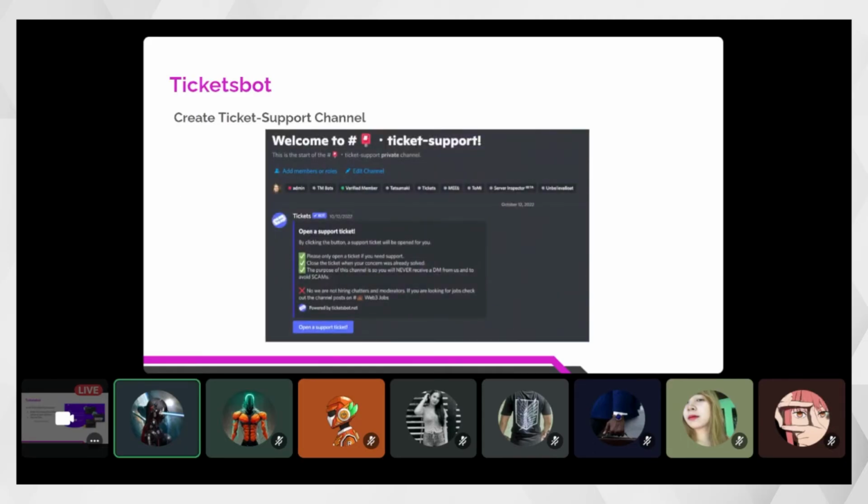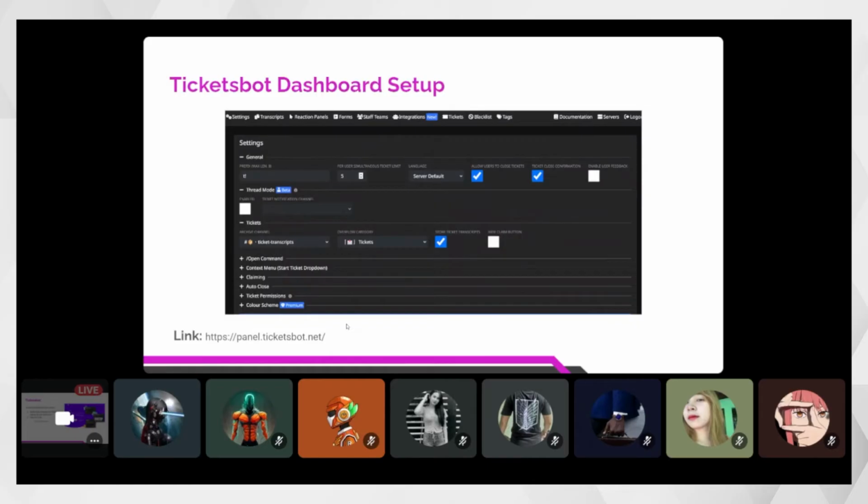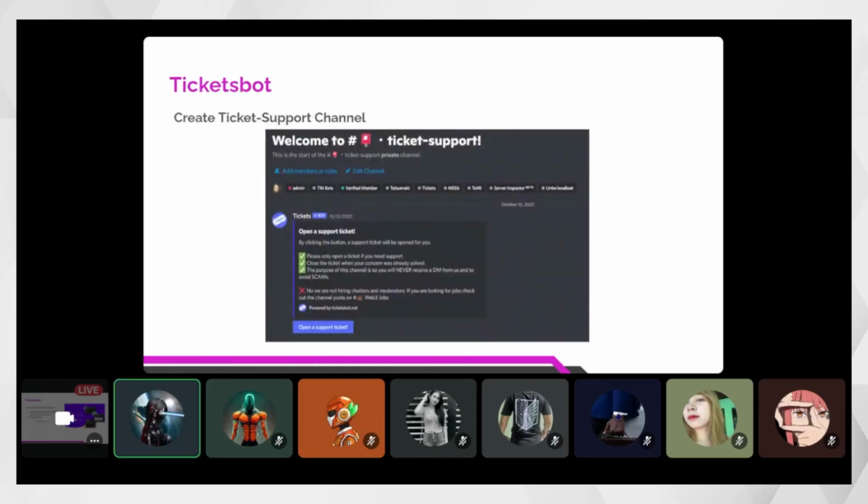So this will look like this: the create ticket, open support ticket, etc. Some info you want as a reminder, something like this. So open a support ticket. How do we actually do this? Okay, number one, of course, install this tickets bot. You can just click on Token Minds tickets bot and then just add to your server.